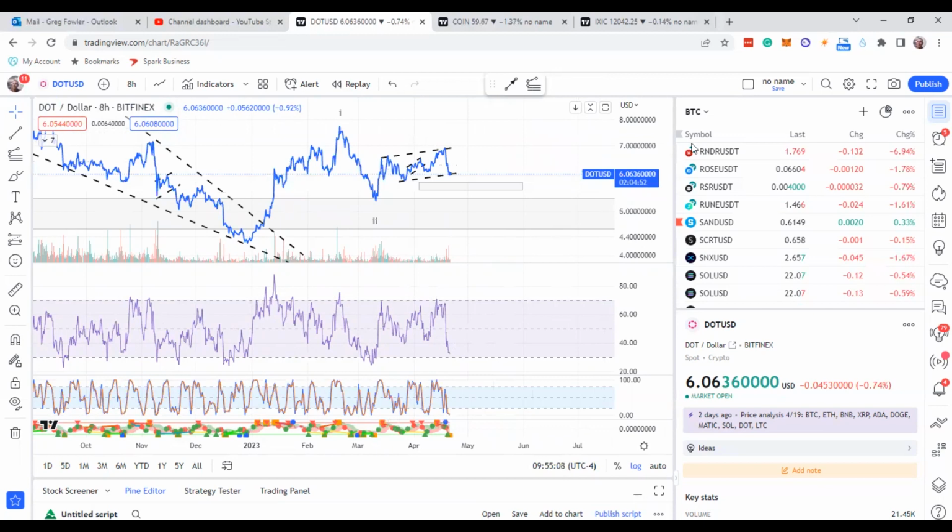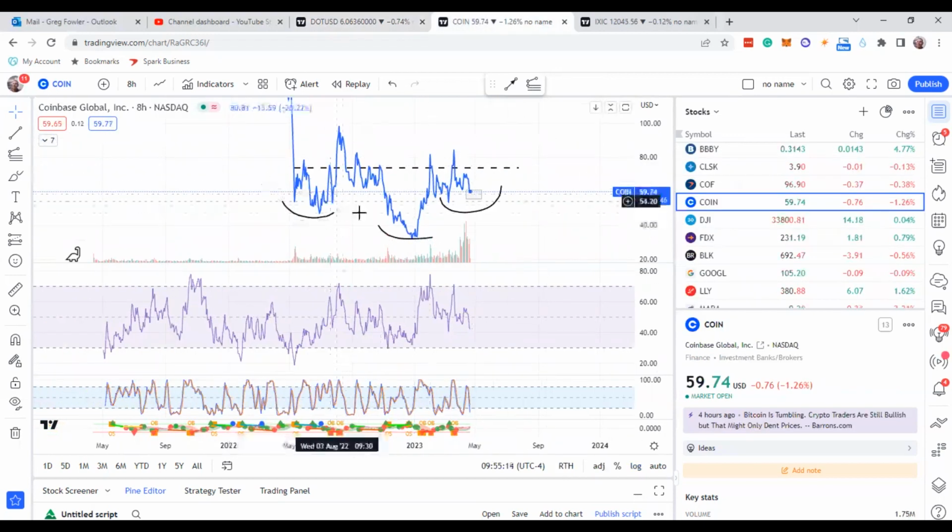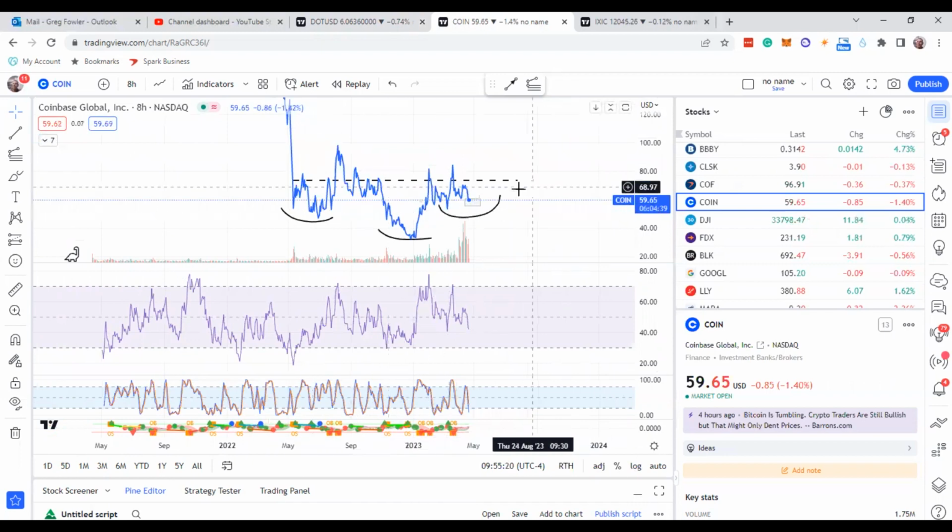I went over the NASDAQ. Now, here's the other thing I want to show you guys on Coinbase. Looking at Coinbase, guys, you see this inverse head and shoulders that it's making. Can it come down a little bit more? Boom. But if you take a look at this inverse head and shoulders that it's going to do, I'm looking at targets like 95 to 100.